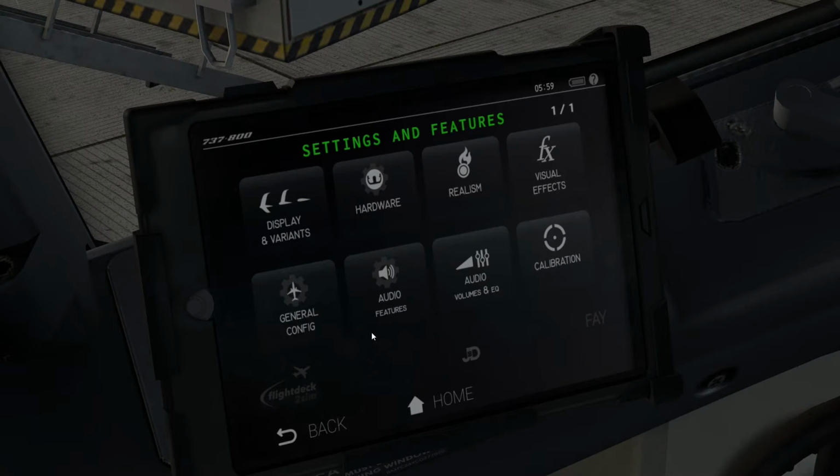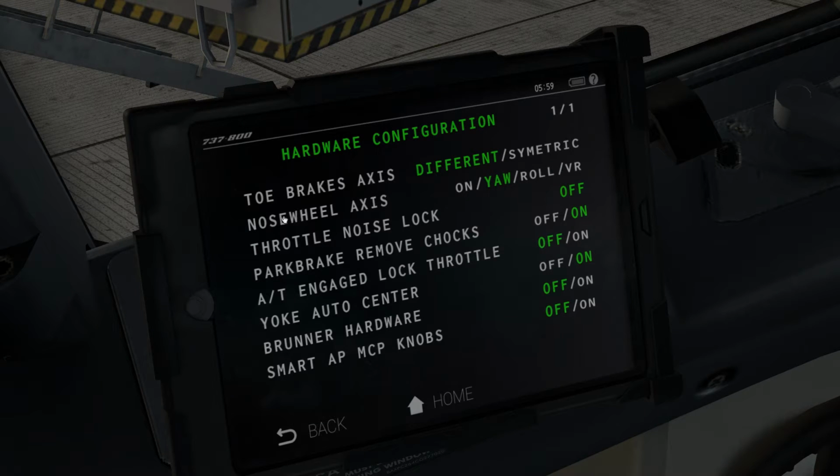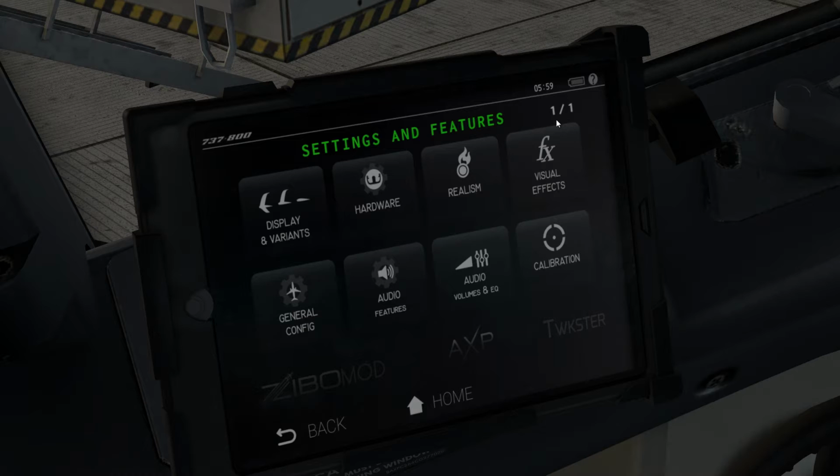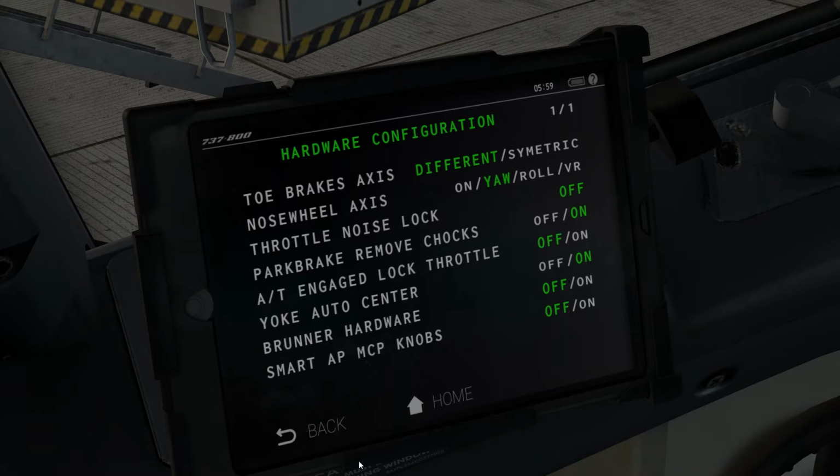Is there anything on that one? No, there's some in the real world. Visual effects, hardware. Now this, if you find when you start this plane and you are steering with your rudder to steer your nose wheel and it doesn't work, go into this menu and check the nose wheel axis. And you will need to set that probably to yaw. And if it does it again next time, it's because you will need to save your settings, which you go to the